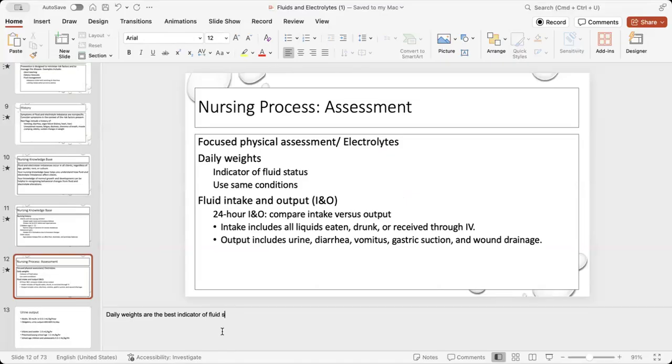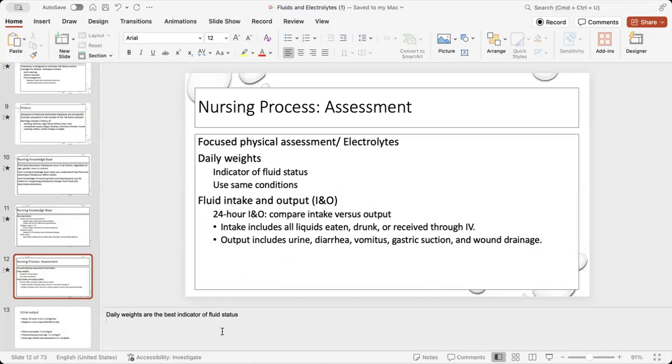Your heart failure patients are going to have me on daily weights. Are they going to track those daily weights? Yes. What do you teach a client about taking their weight? Take it at the same time, before you eat, same clothes, same scale. Usually first thing in the morning, right? Empty your bladder, get on the scale, and write it down.